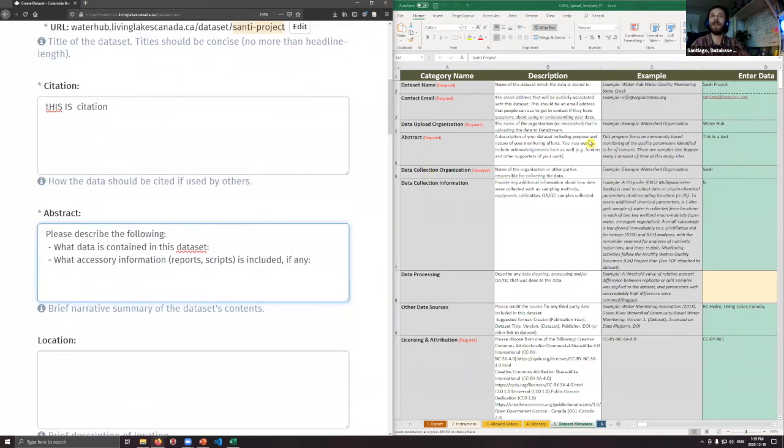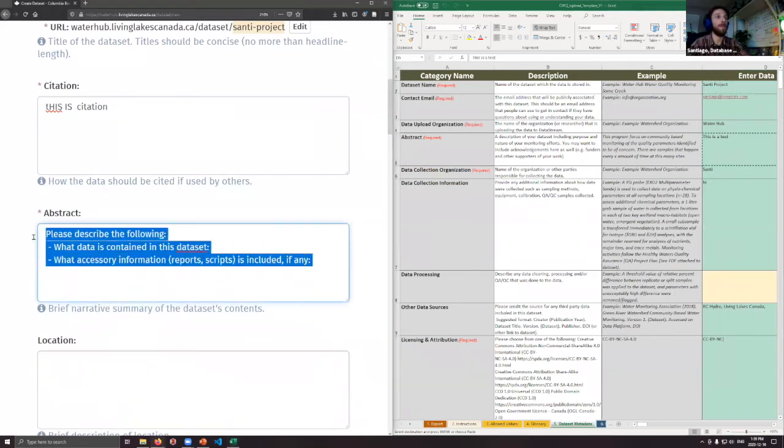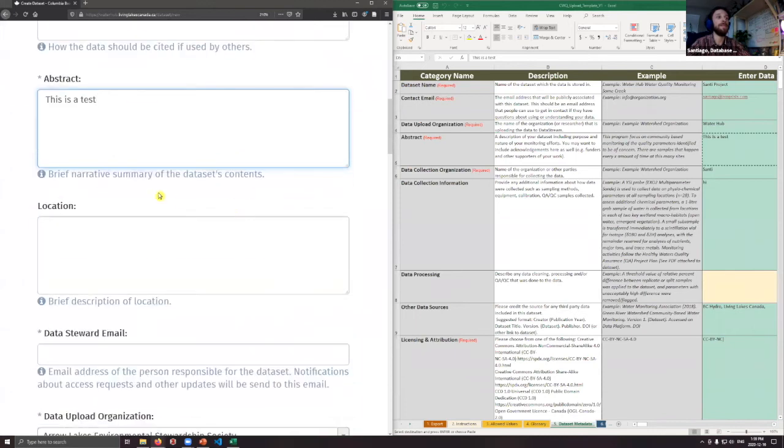Okay, our abstract. And so we did complete our abstract. And so we can go back here, copy it, paste it. This is a brief narrative summary of your data set. The location is where was this? And so we'll say that we did all of this at Selkirk College. Why not? At the confluence of the Columbia and Kootenay rivers